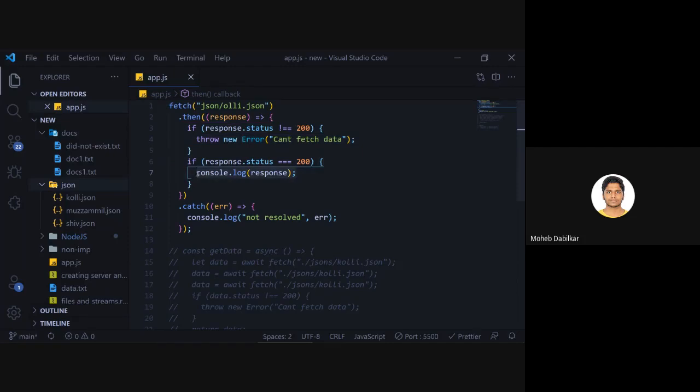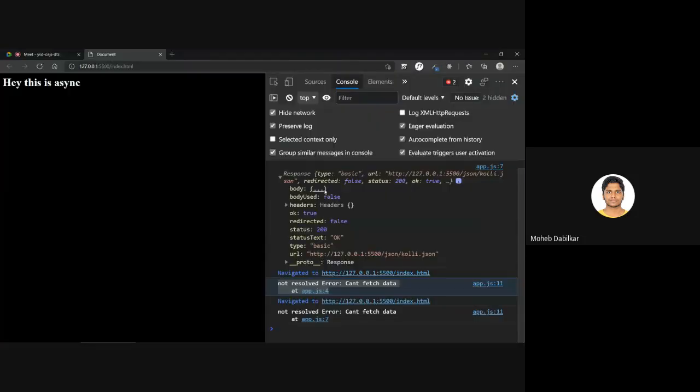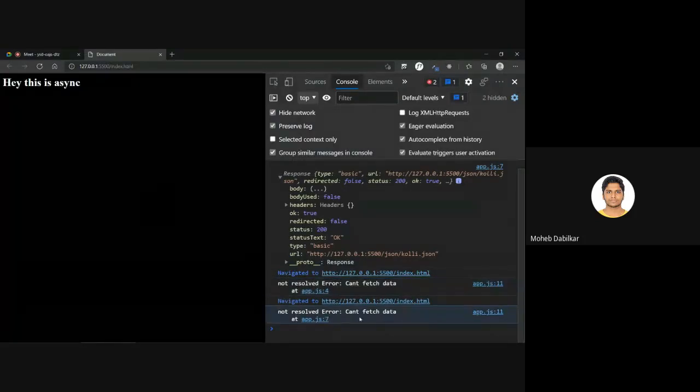So this is your console log response. It says if at any point in your code there is an error, it will stop the execution and go to this error part. And also in this error part, if I save this, it says not resolved error and then says can't fetch data.